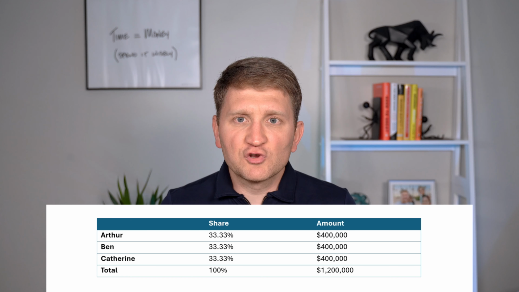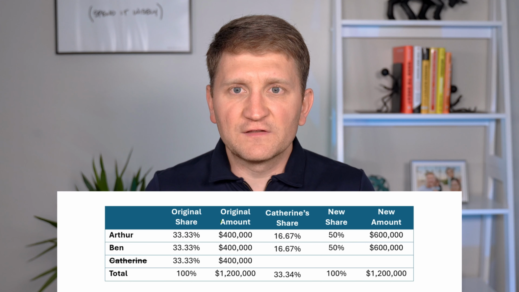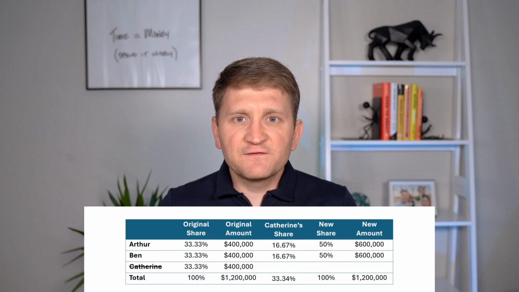But what if one of her children dies before she does? Let's say Catherine passes away first. Julia then has 2 options for Catherine's share: distributed equally among her surviving children or do so unequally. Under the equal distribution, Catherine's share is divided equally between Arthur and Ben, giving them each an additional $200,000, or half of Catherine's share. This method seems fair if Julia's intention was to equally distribute her estate in equal shares.